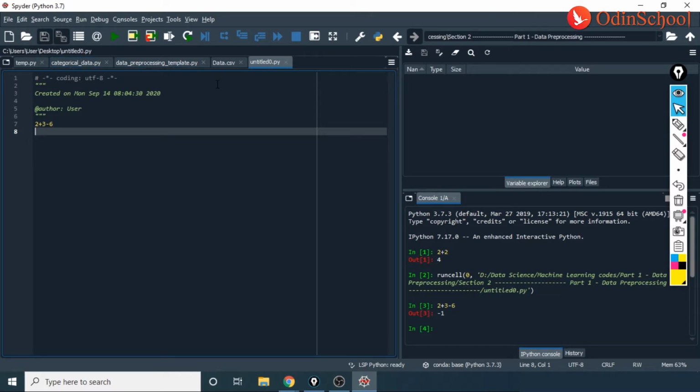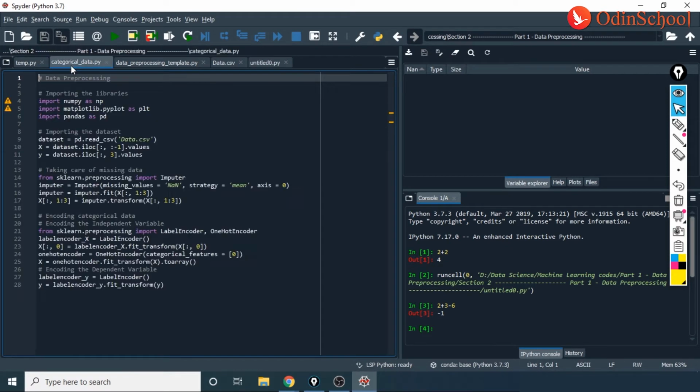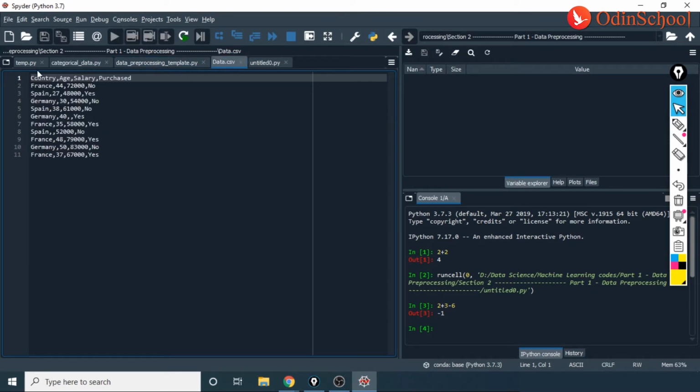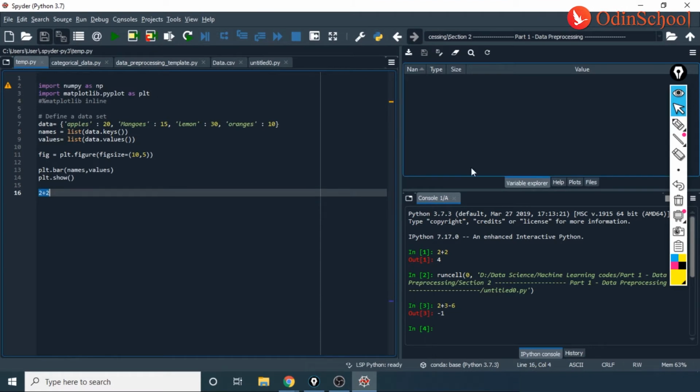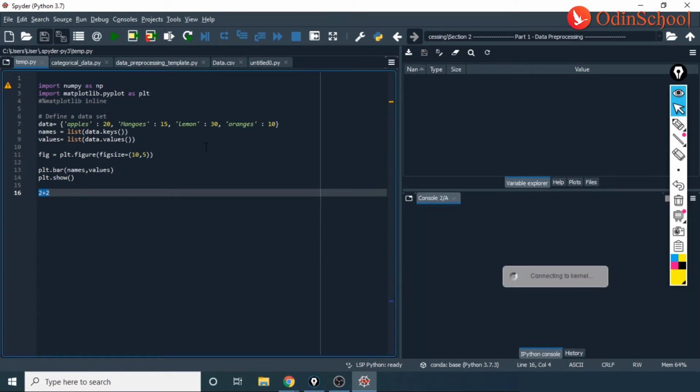Now, the next step that I would want to do is, now that we have understood how to open a file, how to create a file, how to save a file, the next thing that I would want to talk about is how to work on different parts of it. Yeah, we'll just see that instead of talking. So here what I have for us is first step, let me clear the whole screen for us so that there's no confusion. Cool.